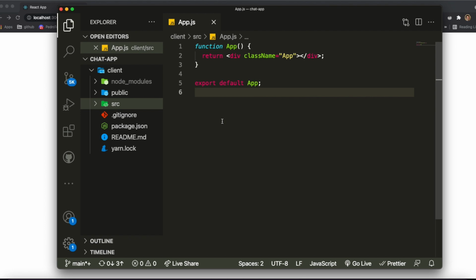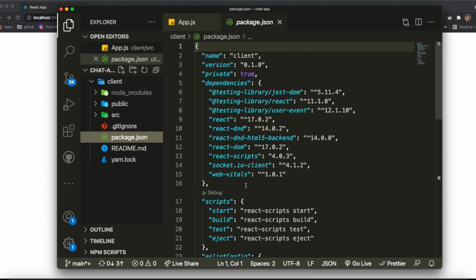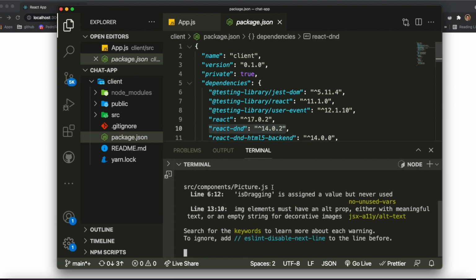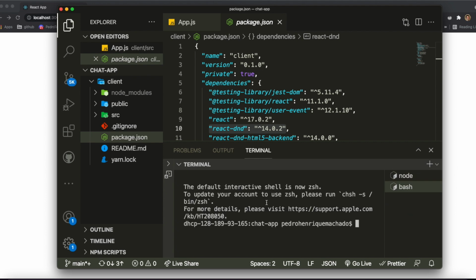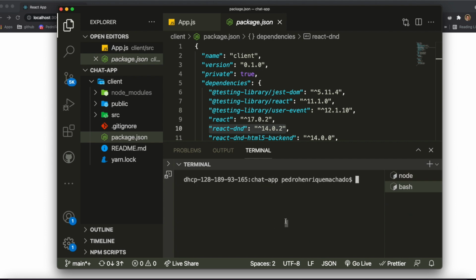We're not going to actually implement this all on our own, and the reason why we don't want to do that is because it is too much work while you can just abstract the logic for it whilst using some well-defined library like the one we're going to be using today. And in order to install it, I already actually installed it here. You will need to run the command yarn. I'm just going to open this up. In my case, I'm using yarn, so I would write yarn add